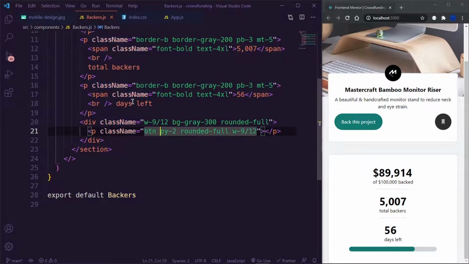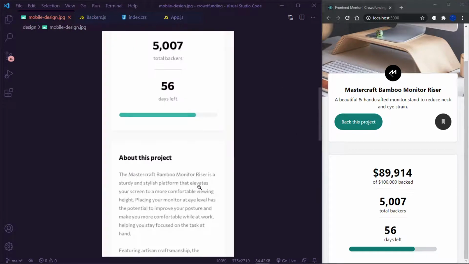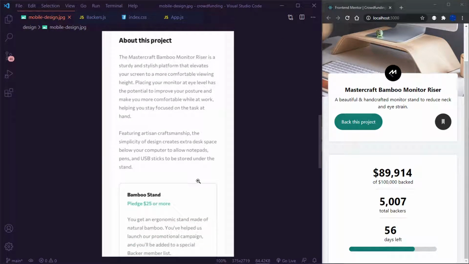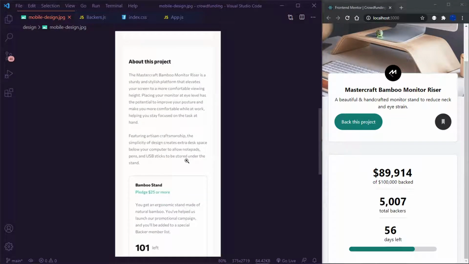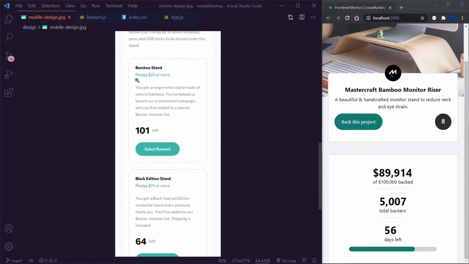Okay, let's go to the next section. So we have about this project. Now this is where things are going to get just a bit interesting. So this is technically just text. We can add it manually. But when it comes to this